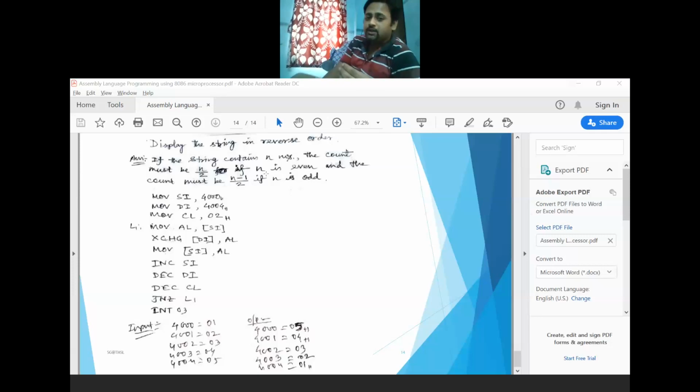And if the count is odd, meaning 5 numbers are there, your count value will be (n minus 1) by 2, that is 2.